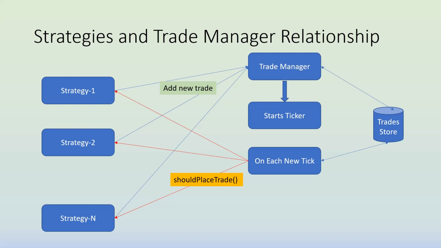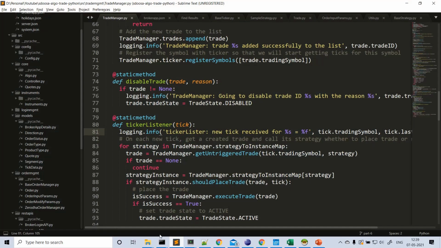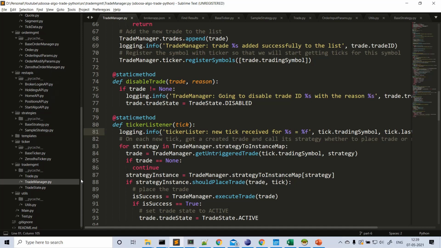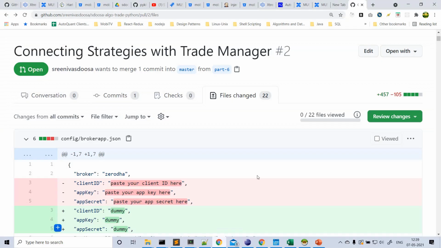So we'll see all the code added. The project is getting bigger, so it's difficult even for me to remember all the changes I did from the previous session to now. So what I'm doing is I created a pull request by pushing the changes into a separate branch onto GitHub. This is a commit ID. I have not yet merged it. After this video, I will merge this code. This will show only the changes I did from the previous commit to the latest.